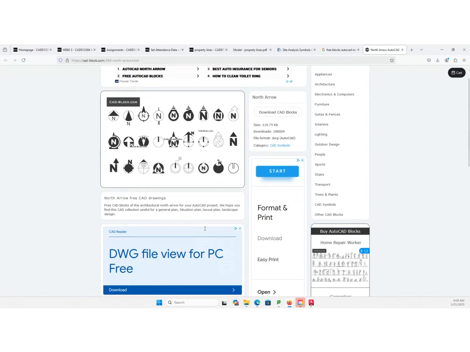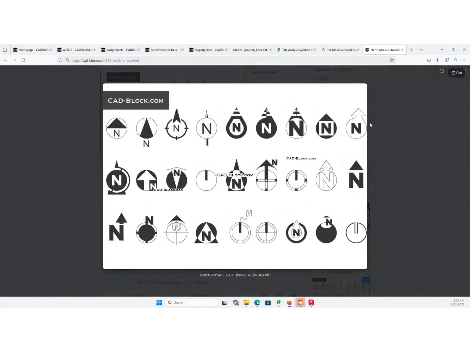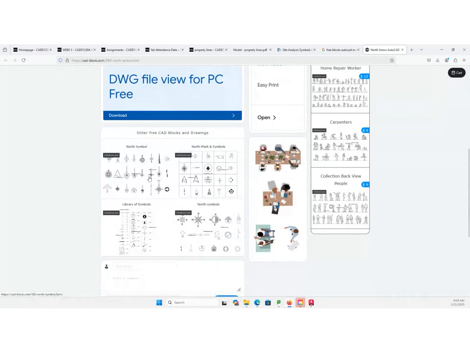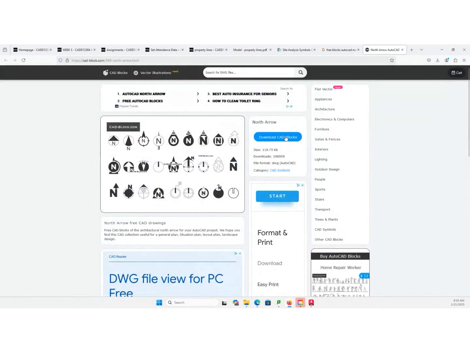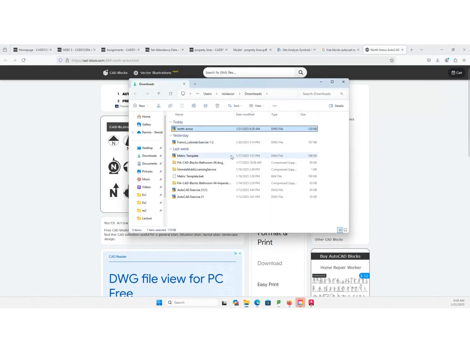CAD symbol, DWG file, view for PC, free. Where do we download? Download CAD block. There it is. Download. And then use it as a collection, so you don't have to do it again and again.